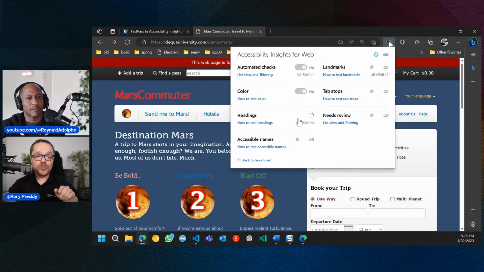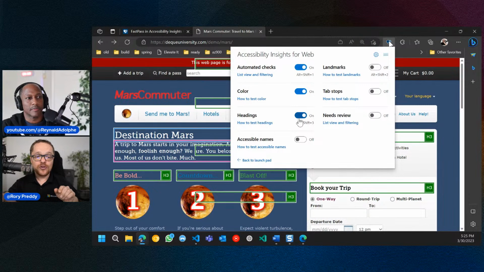So you can switch on headings, you can switch off color, you can switch on color here. Look at that. Code, because the screen readers will go through there. Could you repeat yourself? Because your audio went out. I don't know if it's just me, but you cut out for like 5 seconds. Can you repeat? Okay, so there we go.